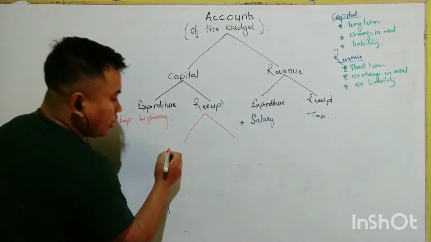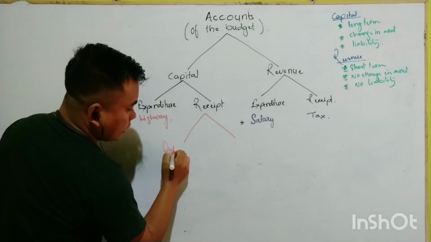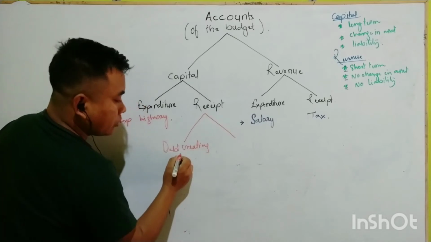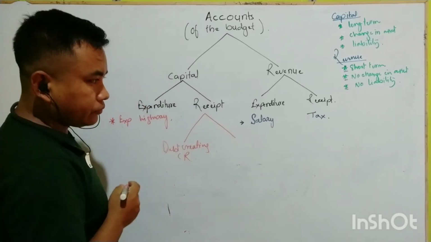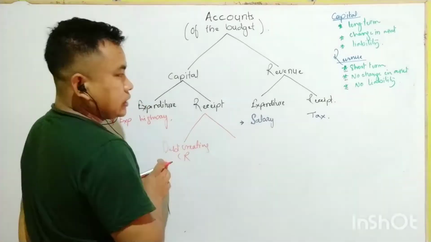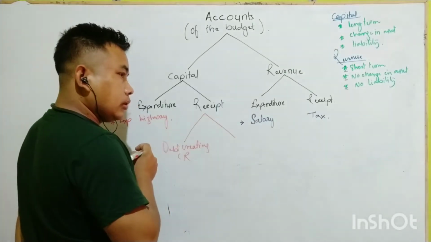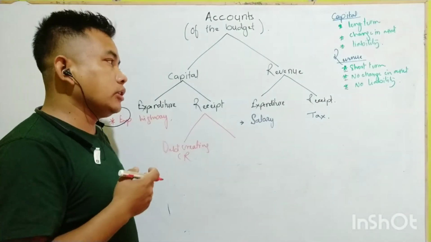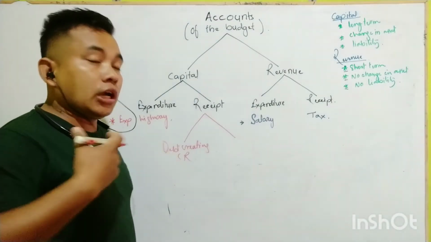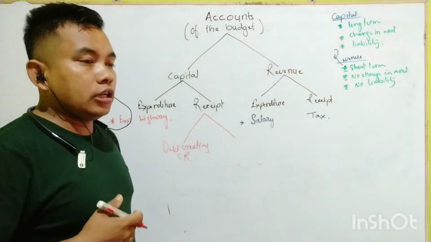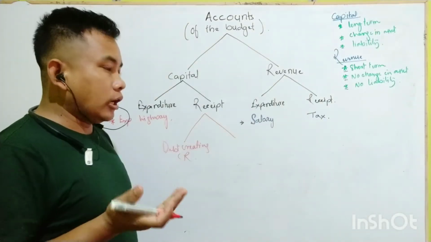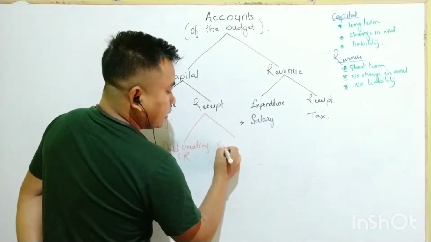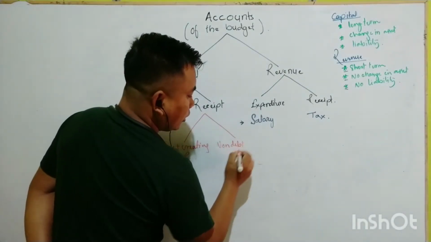The first one is known as debt creating capital receipt. I don't know how to explain this exactly in Manipuri, but I suppose you know the meaning of that. Another one is known as non-debt creating